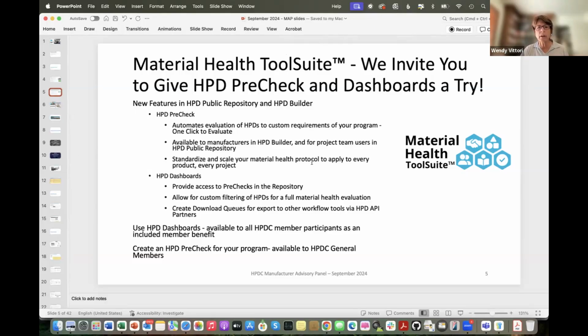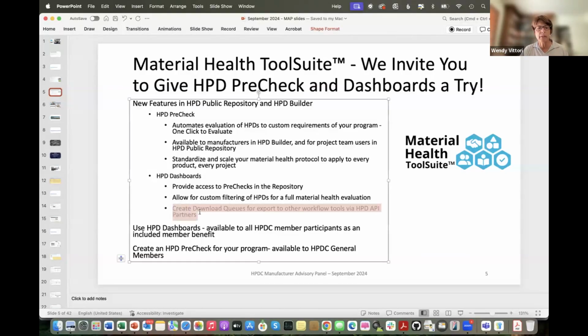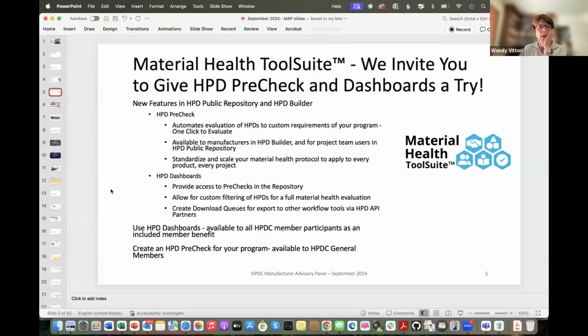One other thing is this download queue, a new capability that we're in the process of adding right now. This is where our API partner organizations, the product libraries and workflow tools such as Building Transparency, Ecomedes, Mindful Materials, 3E Exchange, and so on, come in.